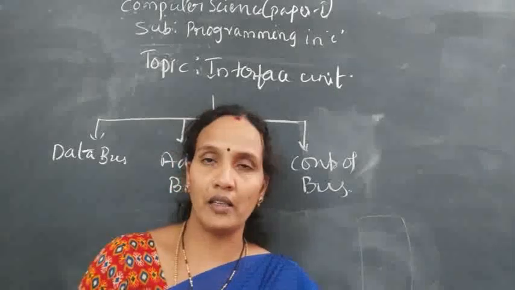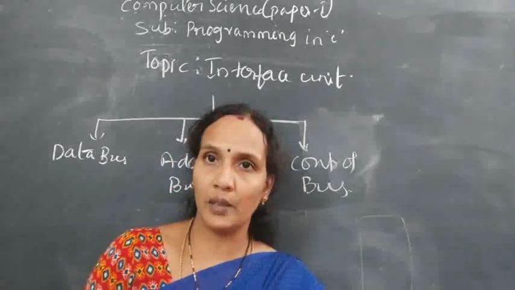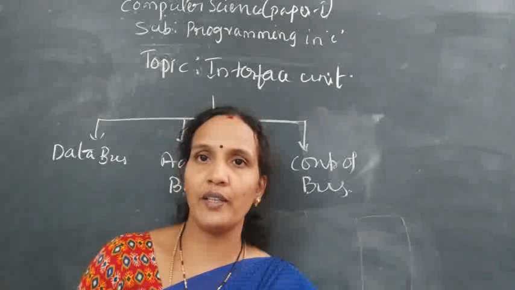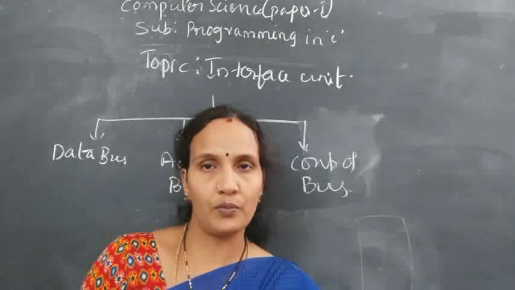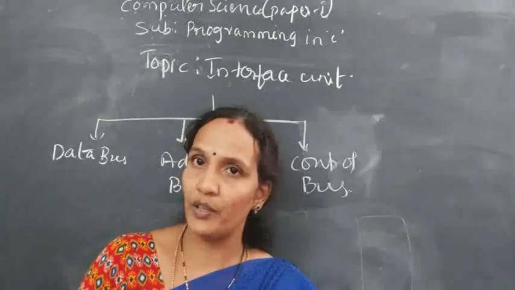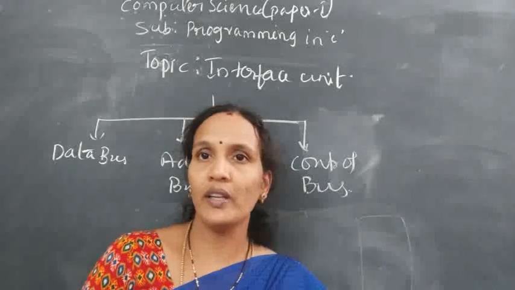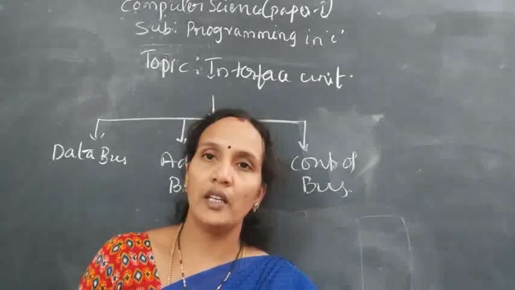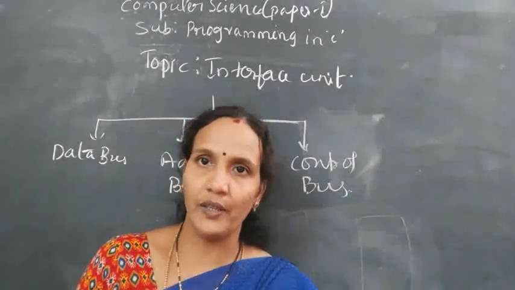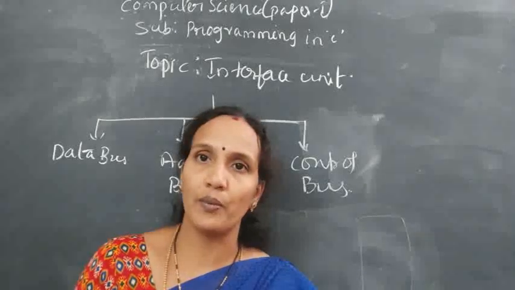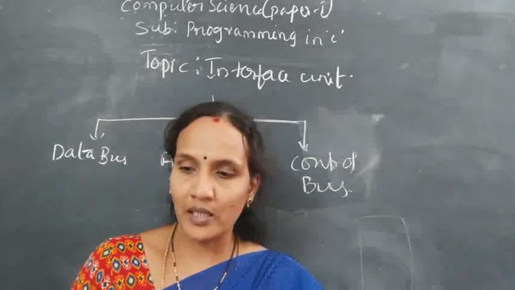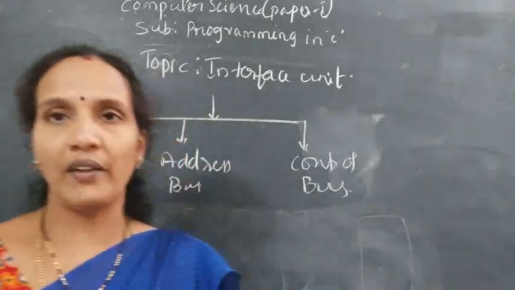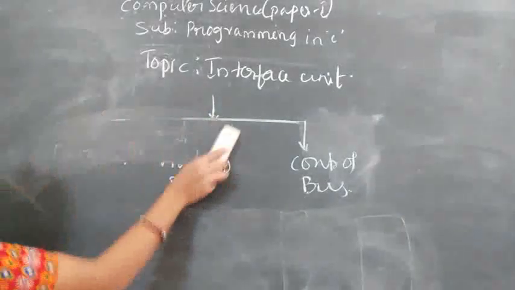And the next part of anatomy is CPU. CPU also we completed. One is input unit, output unit, arithmetic and logical unit, memory unit and control unit. Okay, the last one is the interface unit. Interface unit also we completed now. With this, anatomy of computer we completed. In the second chapter, only one topic is left, that is memory hierarchy.